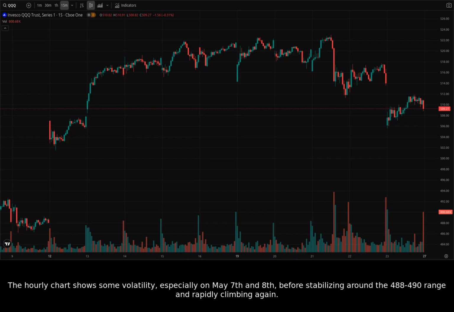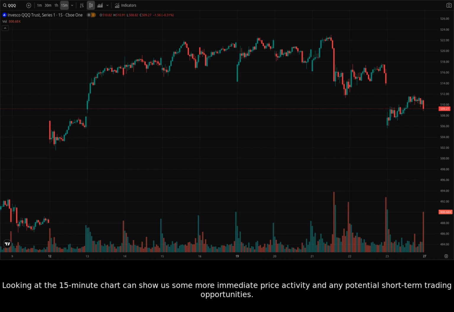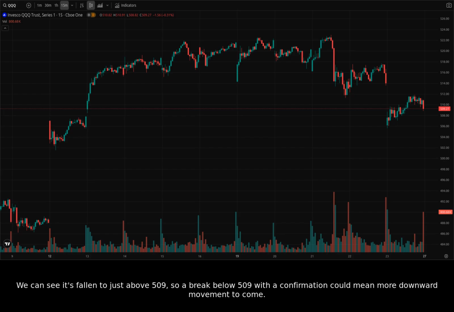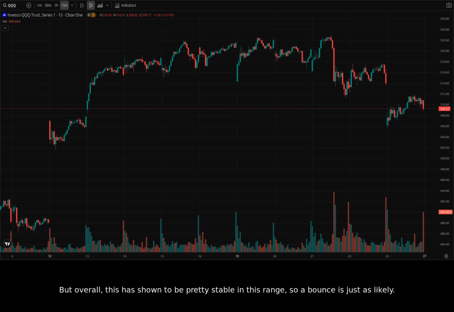and rapidly climbing again. Looking at the 15-minute chart can show us some more immediate price activity and any potential short-term trading opportunities. Here, we can see very recent downward momentum. We can see it's fallen to just above 509, so a break below 509 with a confirmation could mean more downward movement to come. But overall, this has shown to be pretty stable in this range, so a bounce is